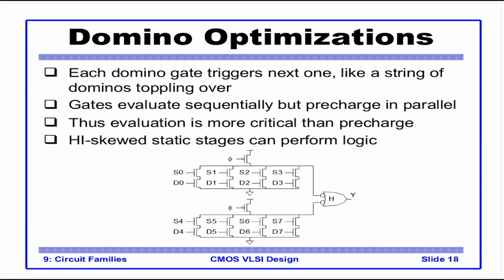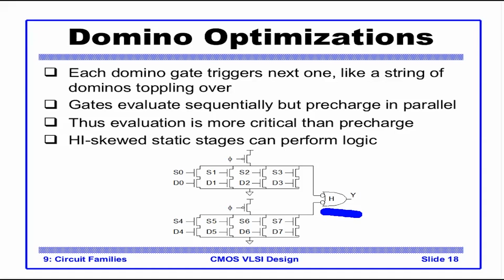So this becomes S0 and D0, S1 and D1, S2 and D2, S3 and D3, and you have an inverting static gate here. This static gate converts it into a domino model. So high skewed static stages can perform logic. What it means is that since evaluation is more critical than pre-charge, that means